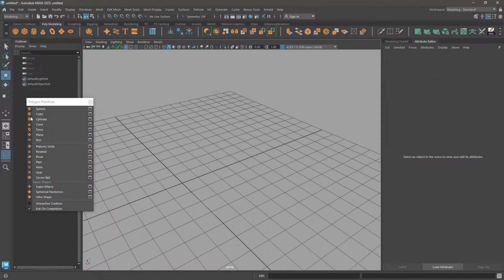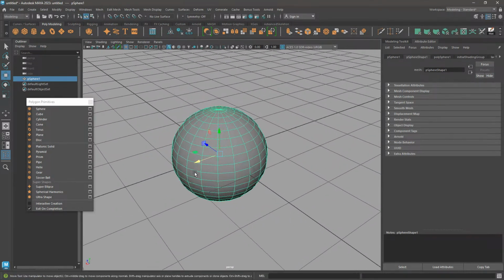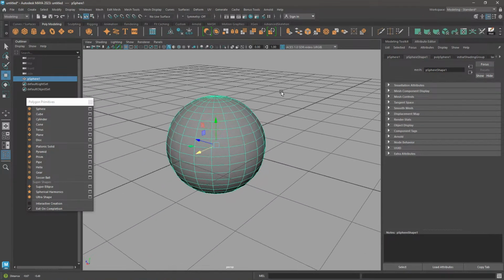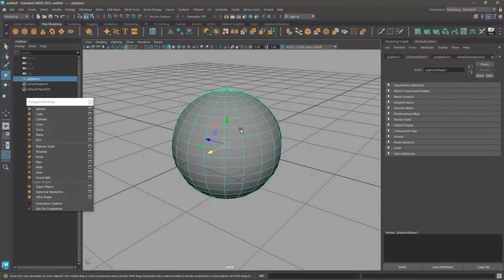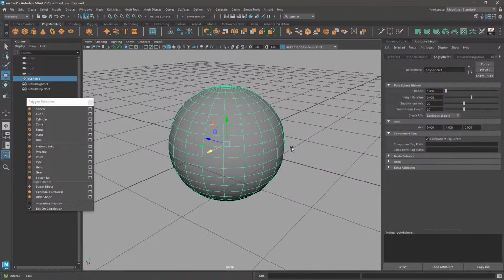First of all, we have this sphere shape. If you are new to Maya, you might learn a lot of new stuff in your class, right? If you make a sphere, you will get this one, like subdivision axis, subdivision height. Okay, so basically it means with these axes you can shape our